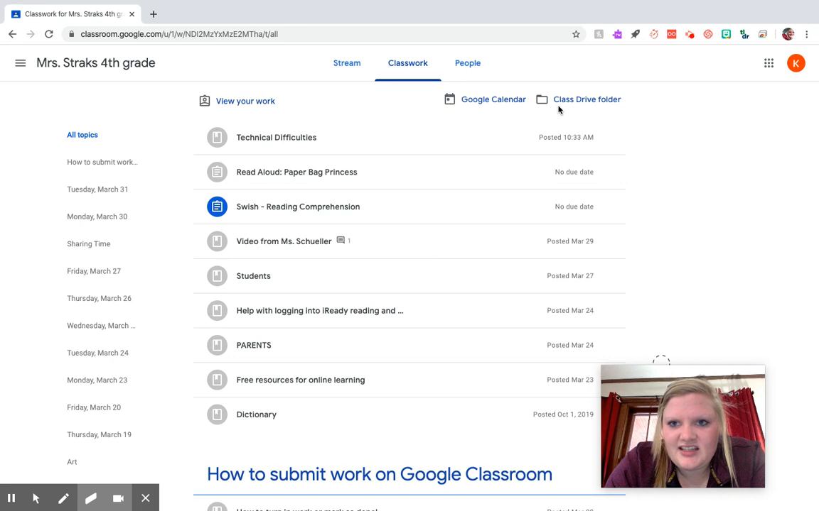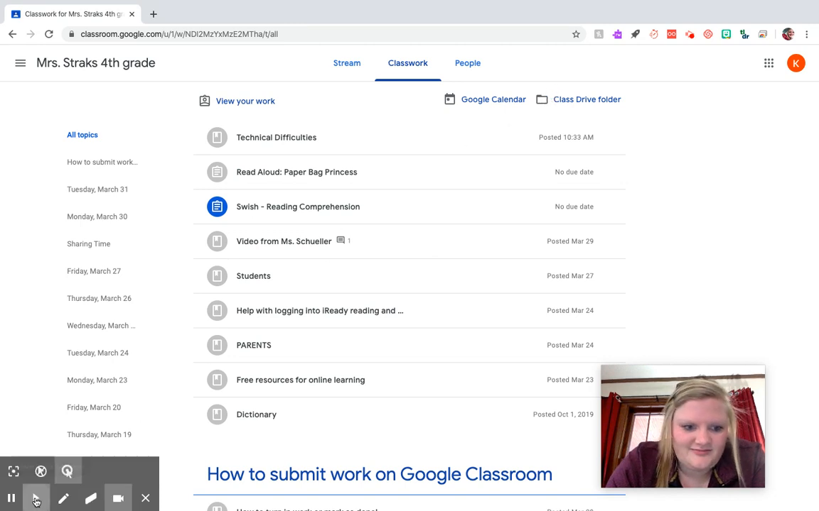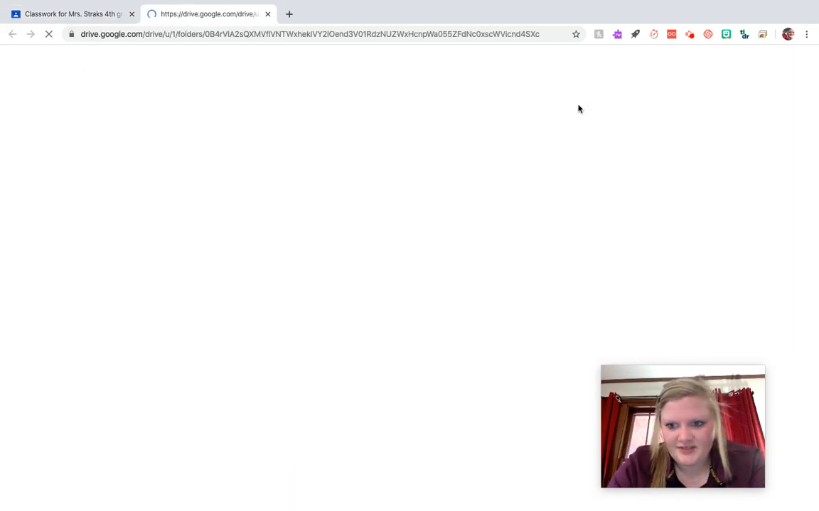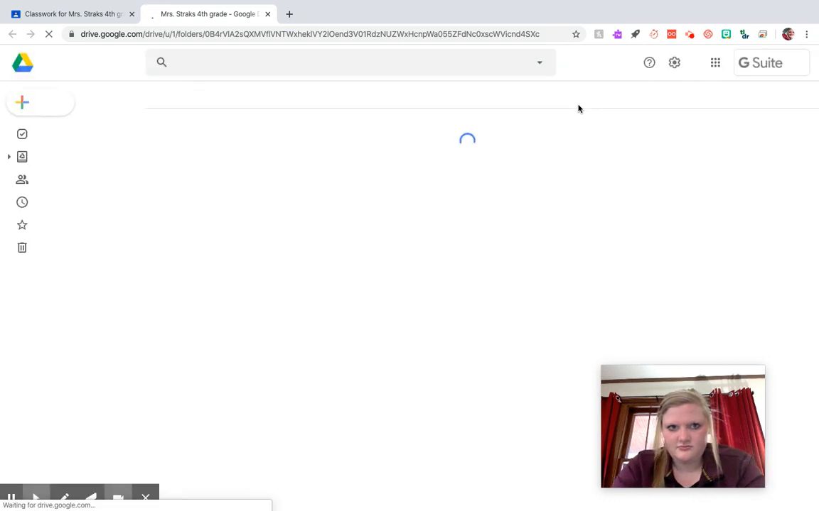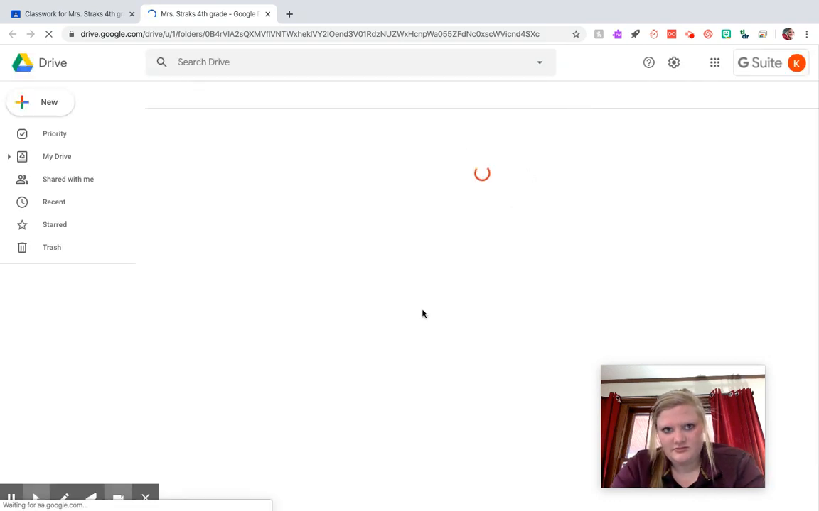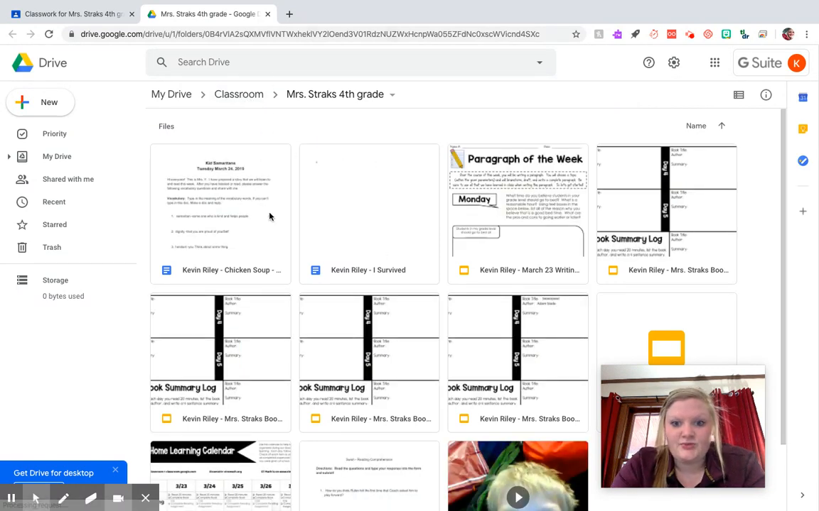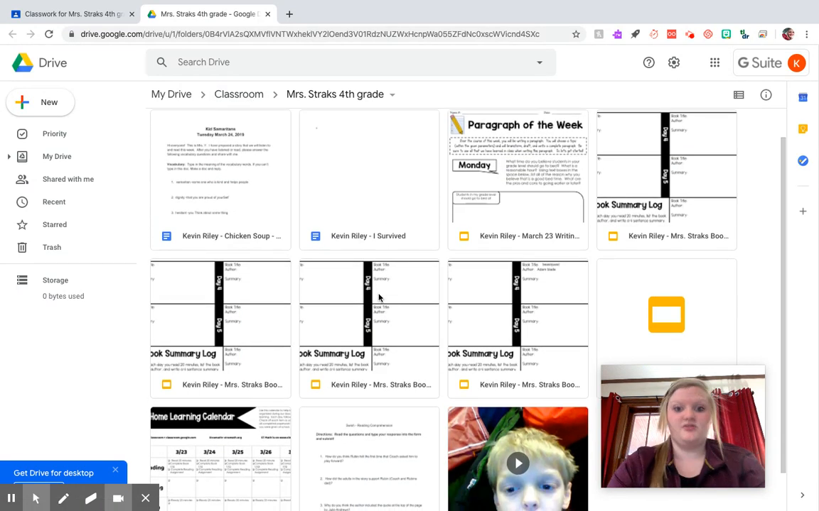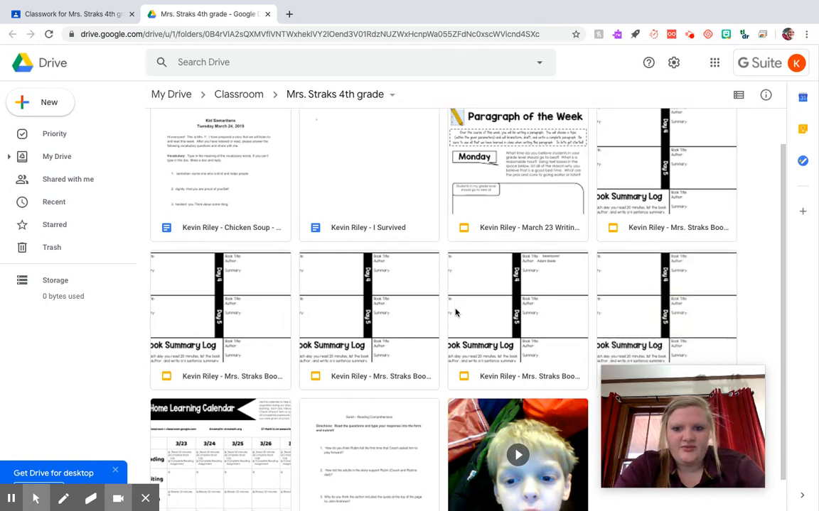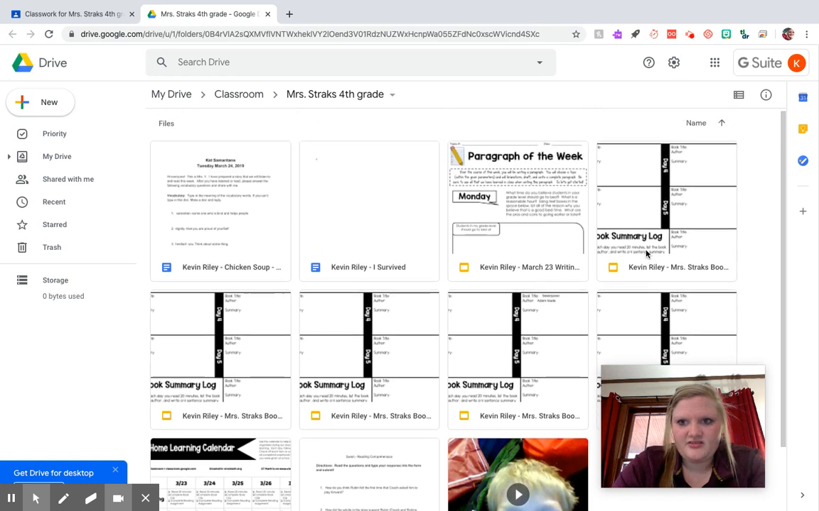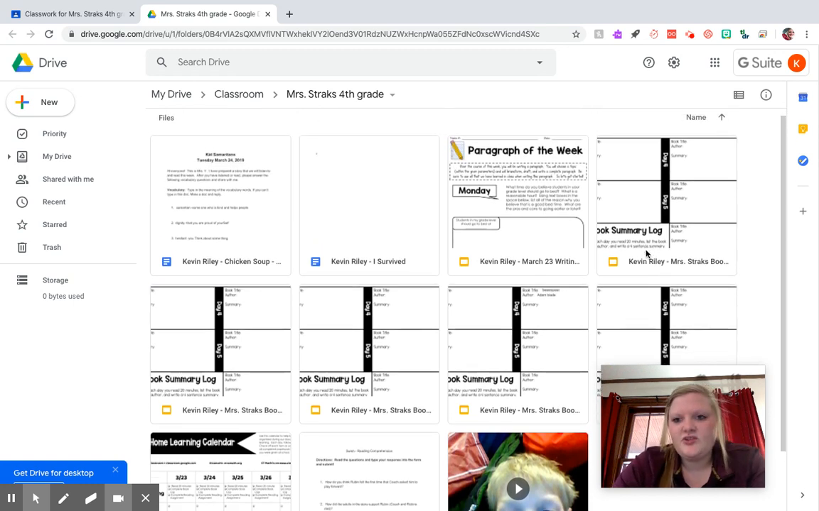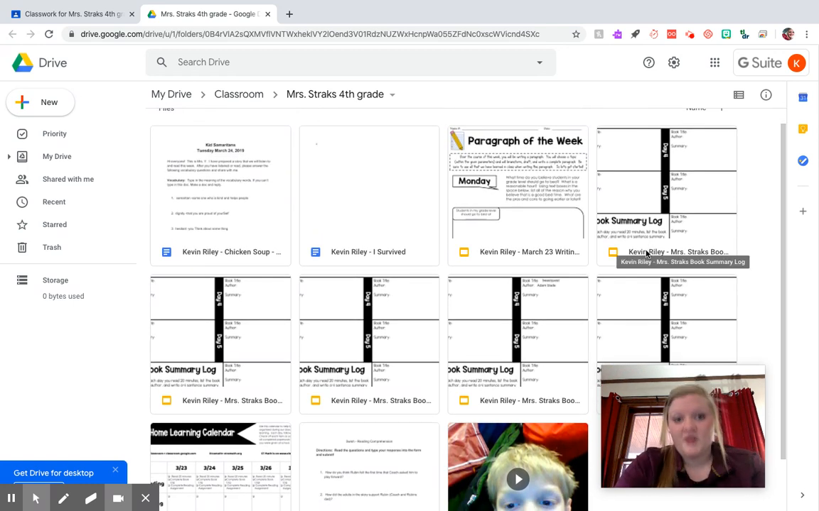So we're back here with the class drive folder. I'm going to click into Kevin's class drive folder, and it takes me right to Mrs. Strack's fourth grade classroom folder that's created because she has Google Classroom. If you notice, Kevin has 5 book log summaries. We don't need to have all of those. We want to just have one so that you're submitting the same one every time